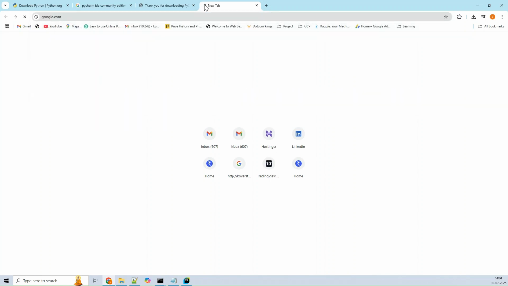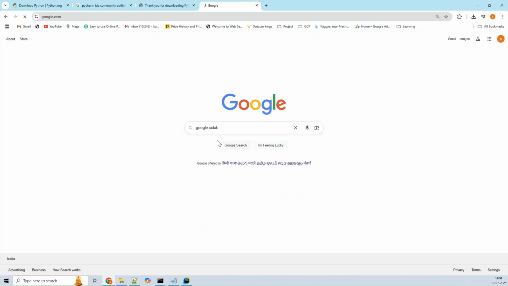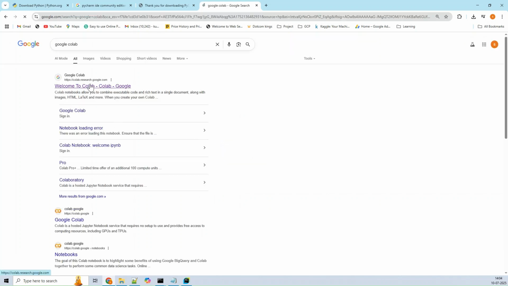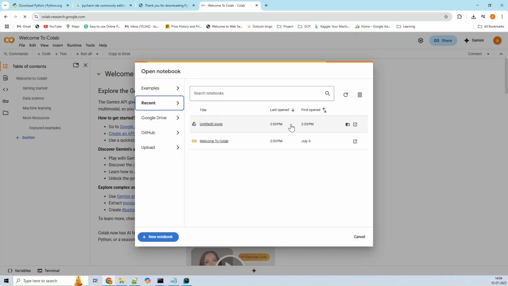You just need to type google.com and then search for Google Colab. Okay, in the results just click on the first link, which is from Google itself. You can see I have already created two files, but I want to create a new notebook.